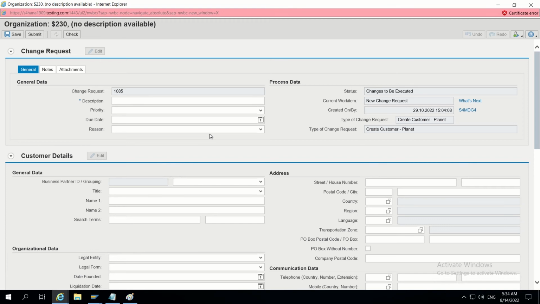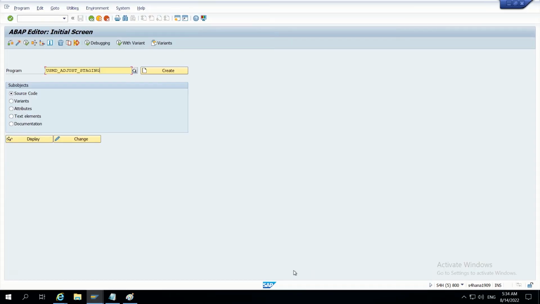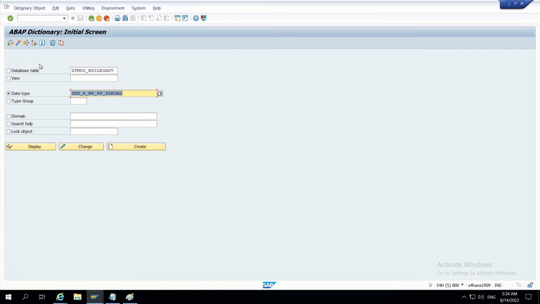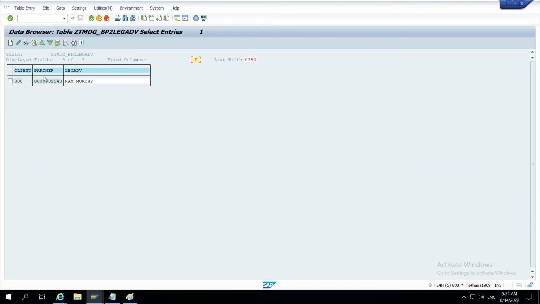Hello guys, in this tutorial we are going to add this particular custom UIBB, and inside that we are adding a field called legal advisor. So if we are mentioning this field after creation of this CR type, after getting final check activated, this legal advisor will get copied into one custom table which I have created. In this table, whatever entries we are adding here, that will get added along with business partner number and its corresponding legal advisor, which is mentioned